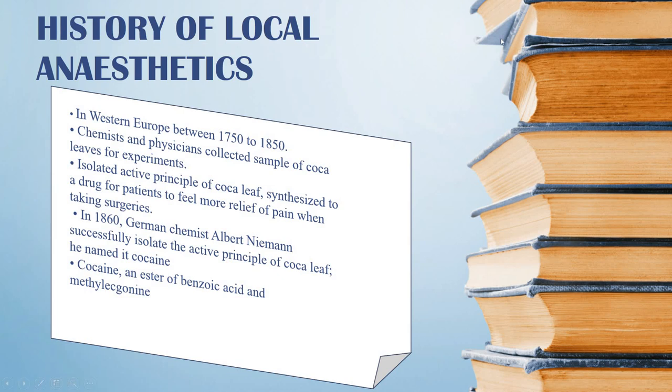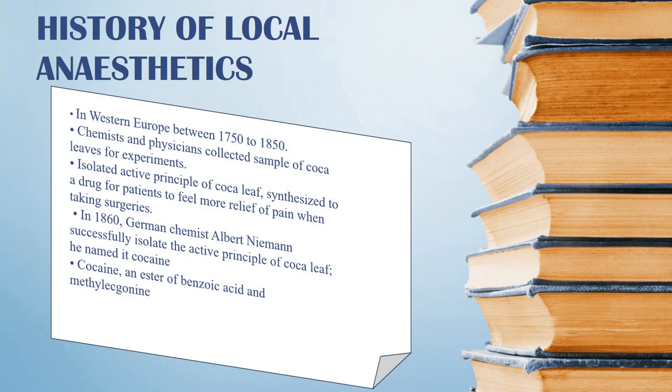Next is the history of local anesthetic. So in the year 1750 to 1850, in Western Europe, the chemists and the physicians collected various samples of coca leaves for experiments. Now they isolated the active principle of coca leaf. They synthesized a drug for the patients. Why? So that they could get relief from pain